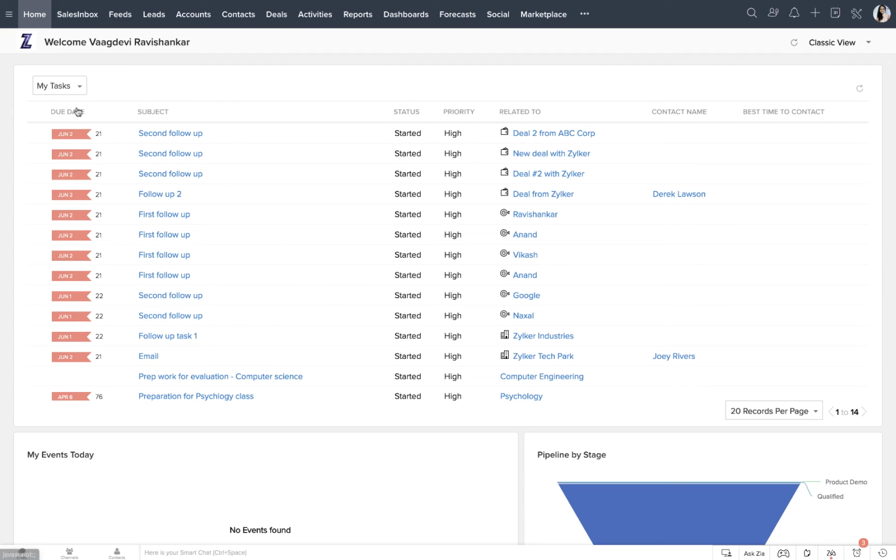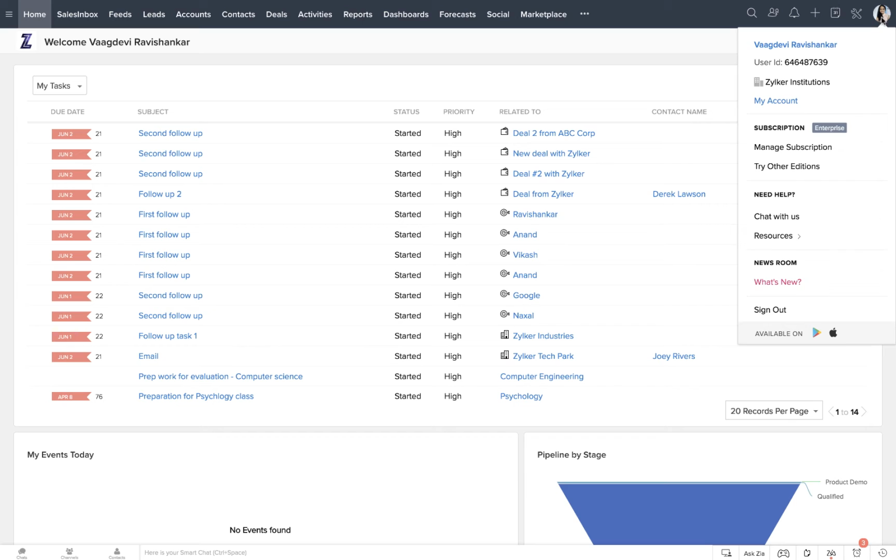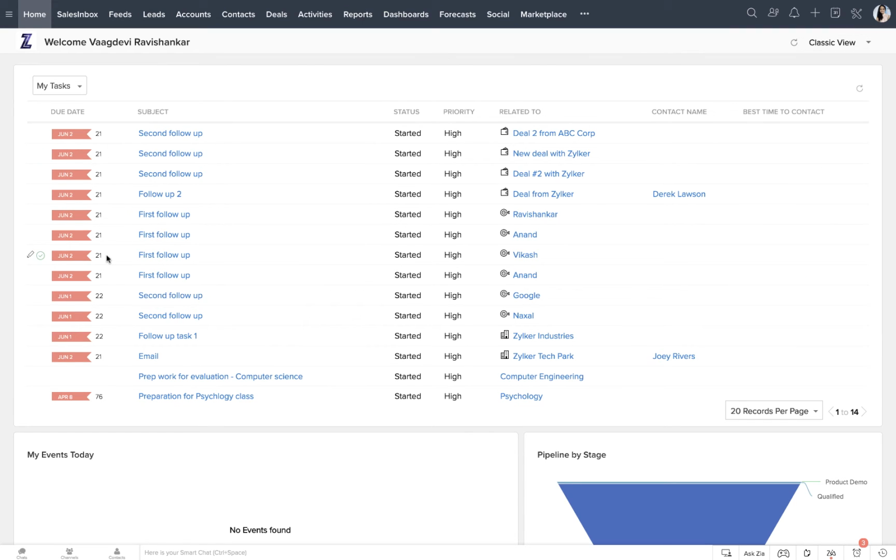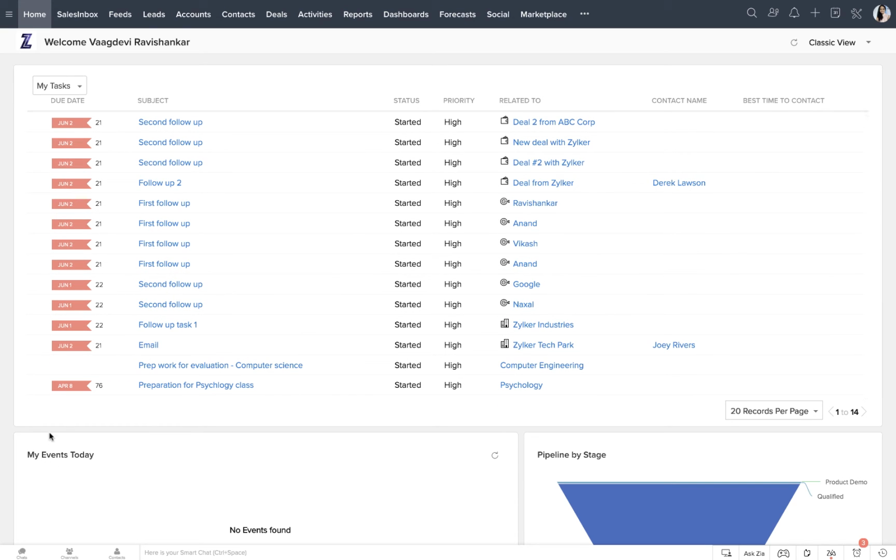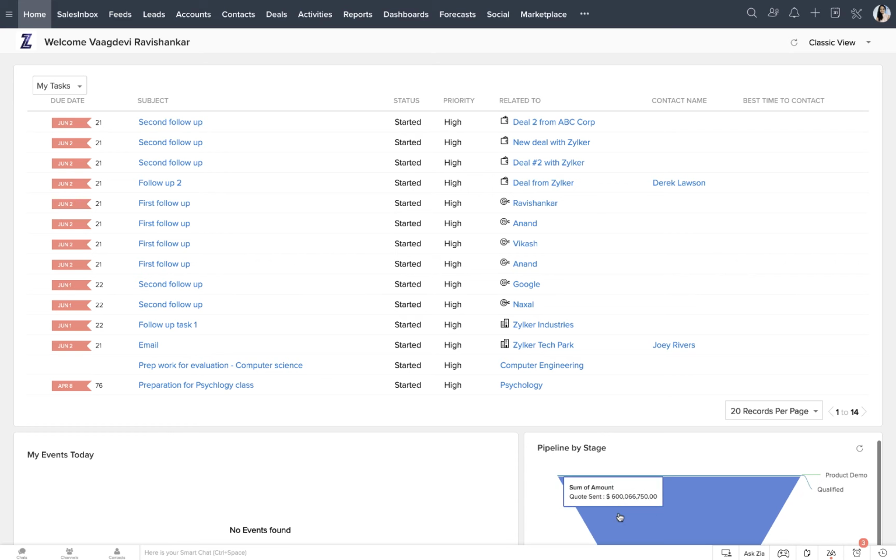This view consists of three components: my tasks, my events today, and pipeline by stage. Here, when we say my tasks, it is the tasks that belong to the logged in user. That is, in this case, a user called Vagdevi Ravishankar, that's me. So, this component is a list of my tasks, and these are my events today, in this case none, and pipeline by stage.